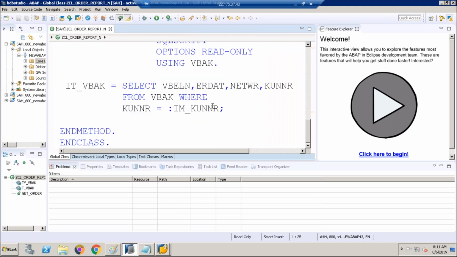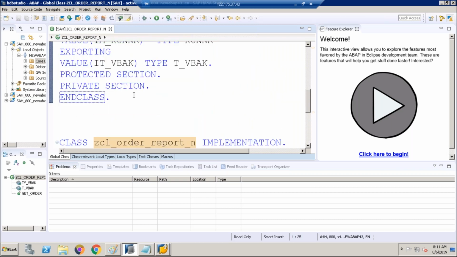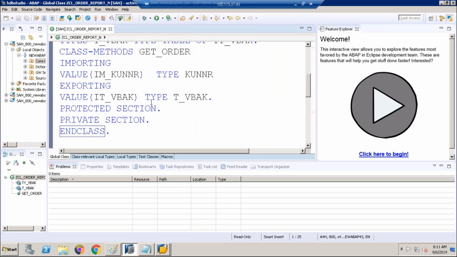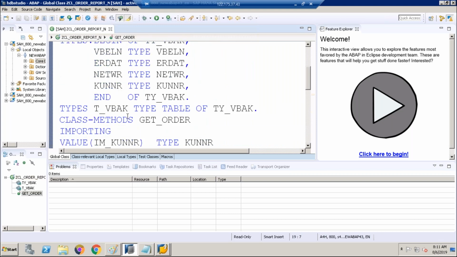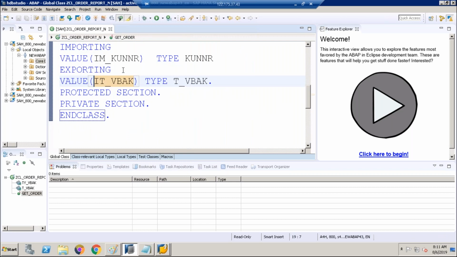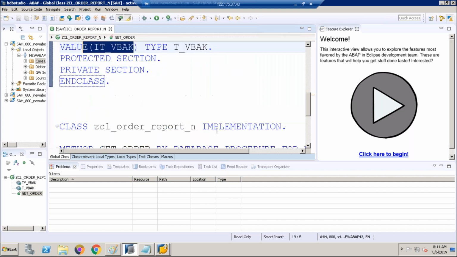In a static method, how are we using IT underscore VBAK? Is it making it static? No, this is static. These are the syntaxes of ABAP, AMDP syntaxes. That I will tell you tomorrow. Actually, this is just a program I wrote. I'll explain this entire syntax in tomorrow's class: how to write everything, and how class methods are integrated with this internal table.